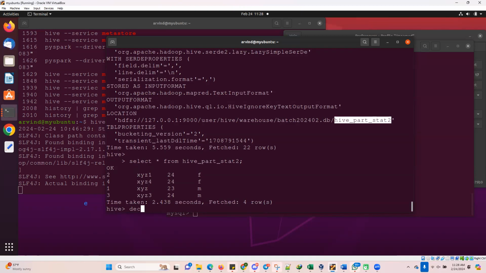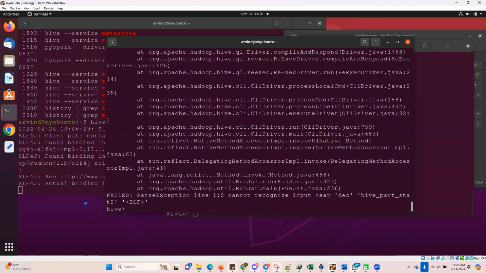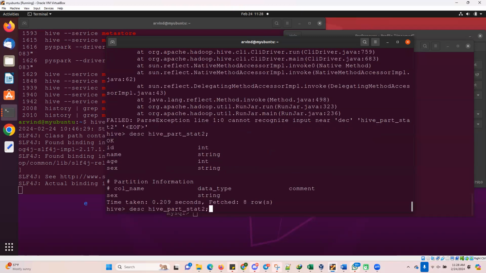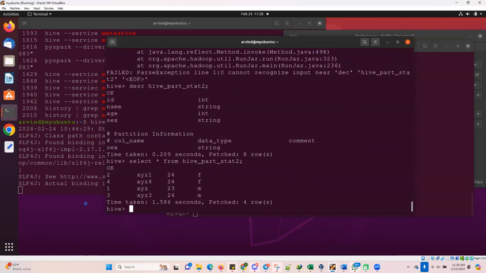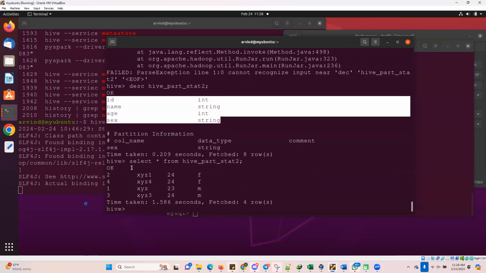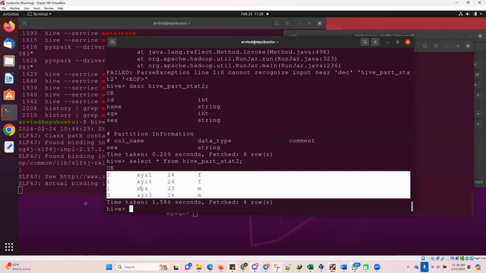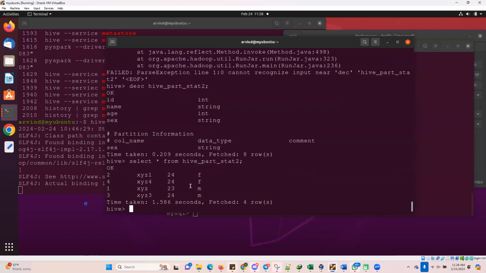If I see the DESC, ID is first, then name, then age, and then gender. It is the same sequence, right? So there is no issue. This is the whole data you are able to see,